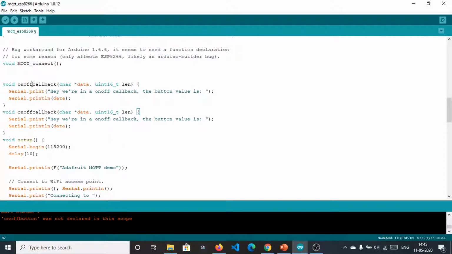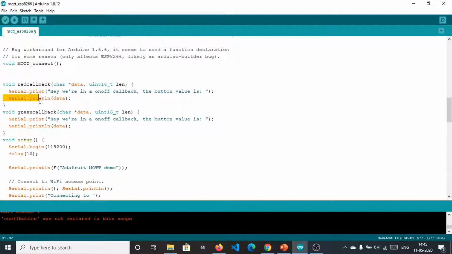Okay, so it will be red callback, and the second one will be green callback, and it will return character pointer data, and the length of the data which is coming here.